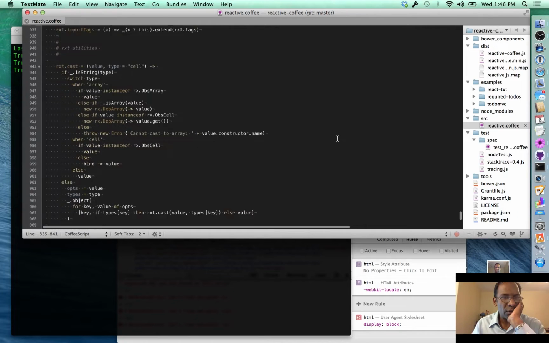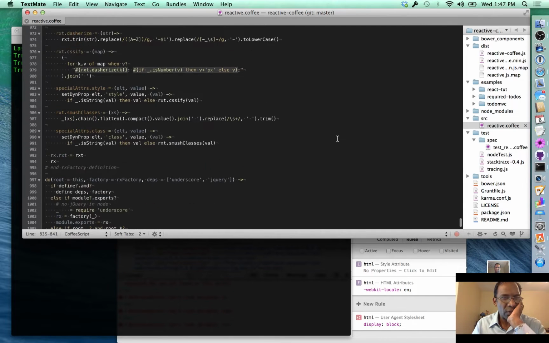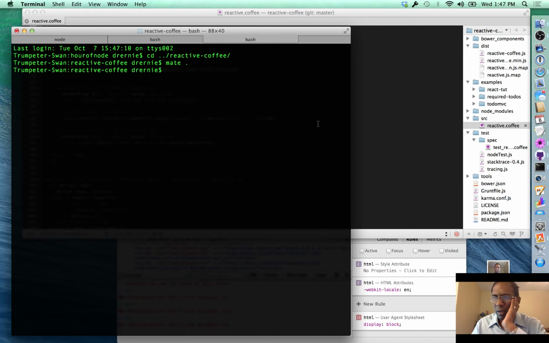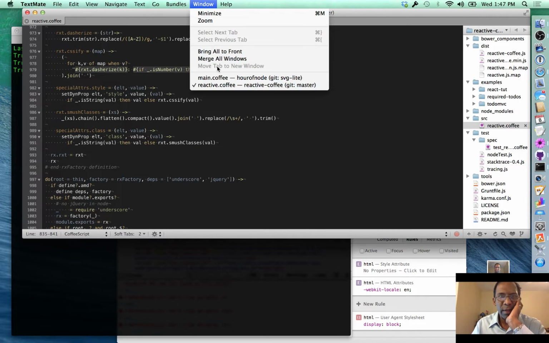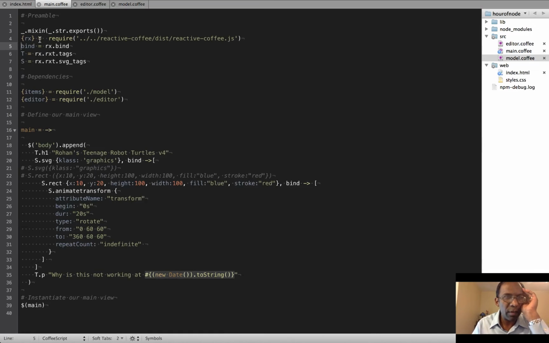So this thing here returns Rx. Let's just try it a simple way and see if we just, rather than doing a destructured, you familiar with